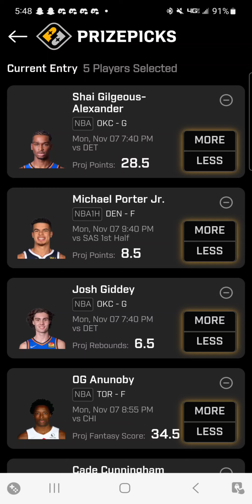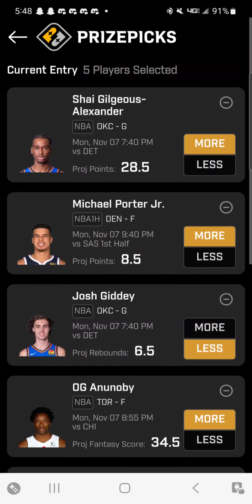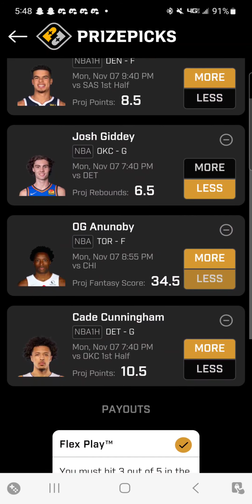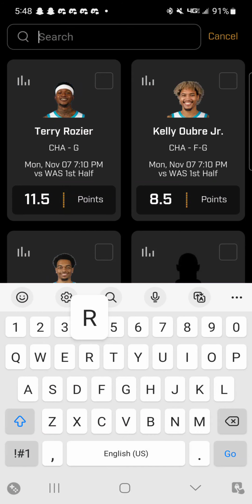That one took a little bit getting through because some of these prompts have changed. But we're going to go ahead and go less on Giddy's rebounds, more on fantasy points, and more on Cade Cunningham. 10.5 points. And we might have to move around some of our other stuff later. I'm going to save that Cade Cunningham for later. And we're going to go here and go...